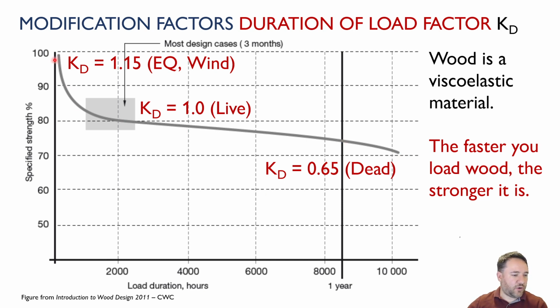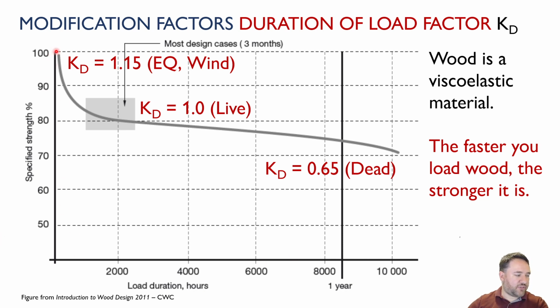If I load it over a very short period of time, very fast, then the strength is high. And if I use that as a baseline of 100%, then I can figure out, relative to that, if I loaded it very fast, like over an hour, we're not talking about super speed, but over a short period of time versus a long period of time, how does the strength of wood change over that time? And we can assign numbers to that. So in this